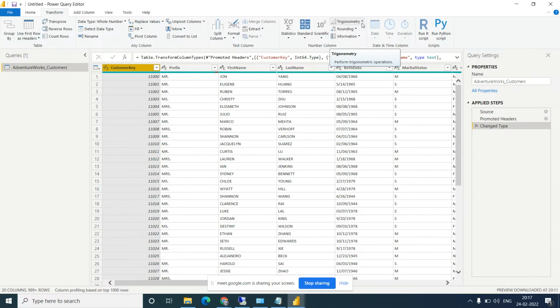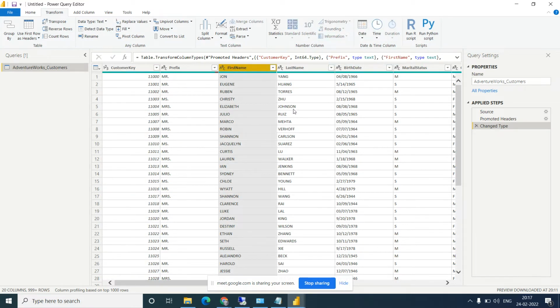Trigonometry requires a number, not text. First name is a text column, so those options are invisible, because you cannot use that function with text.